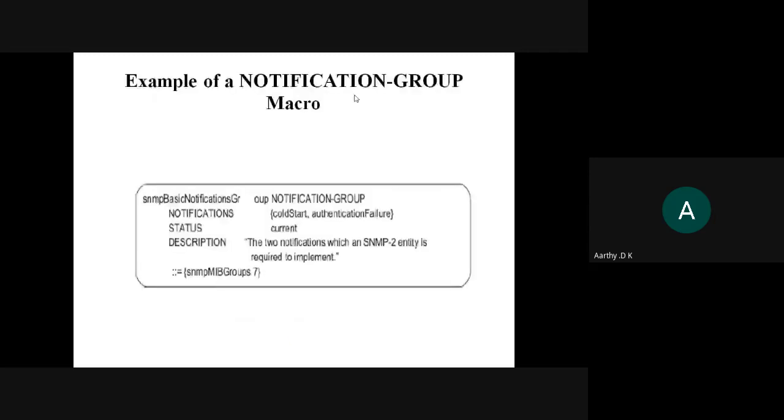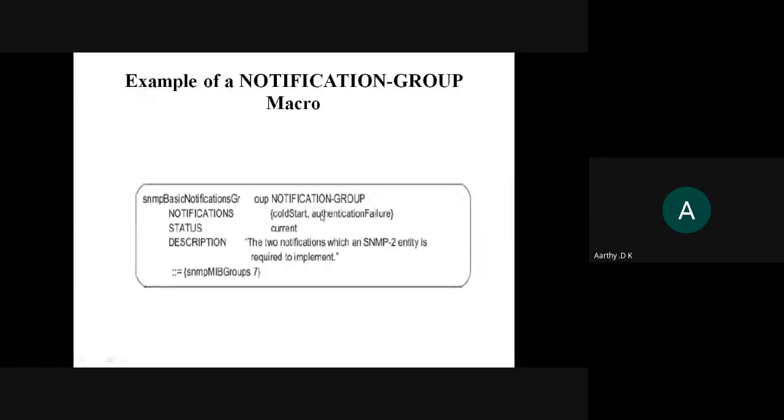And this is an example for SNMP basic notification group. This notification group is nothing but we have grouped two different notifications. One is cold start. We saw this yesterday, right? Cold start is a notification. Once it is set, all the components cannot be changed, so all the values are set. And the next notification that is grouped is authentication failure.